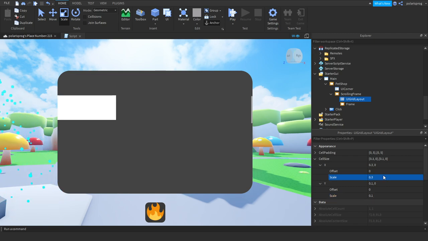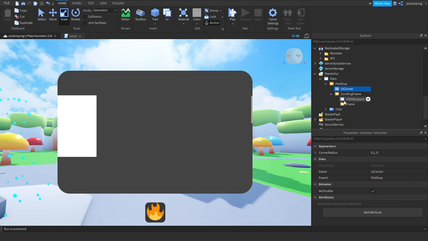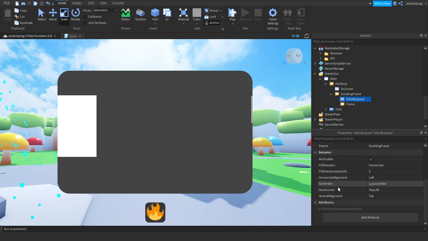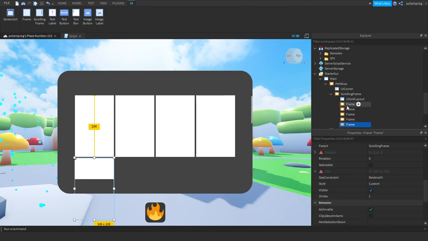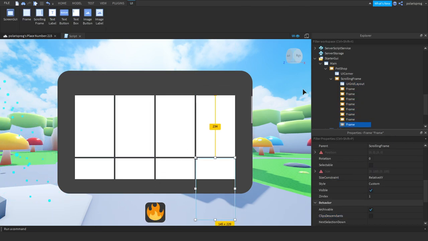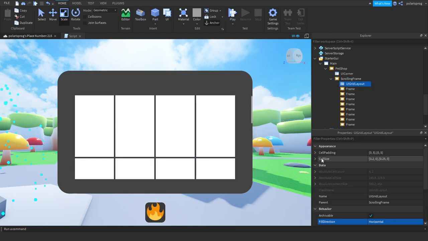That's way too small. I think 0.3 is pretty good, or 0.25, because this is going to be a pet shop. Select your UI grid layout and set the horizontal alignment to center, and we're going to duplicate the frame to see how our UI grid layout interacts with the frame. I think we need a bit more space between each frame, so let's select your UI grid layout